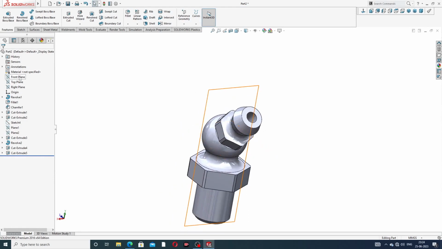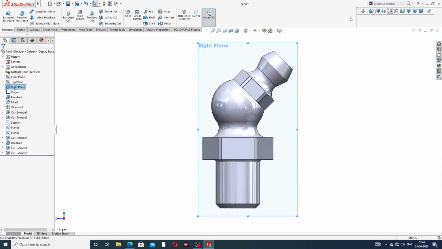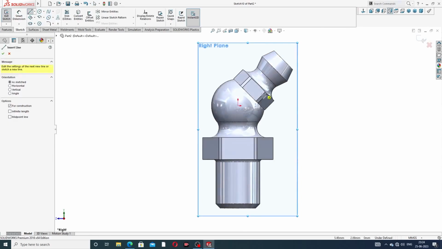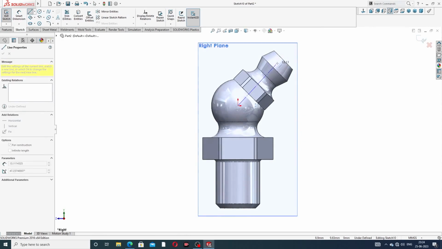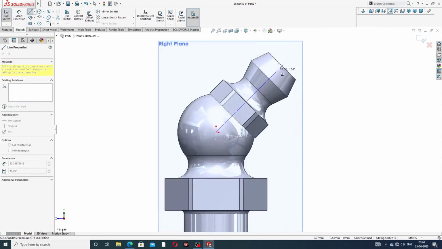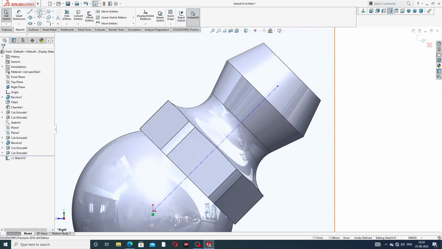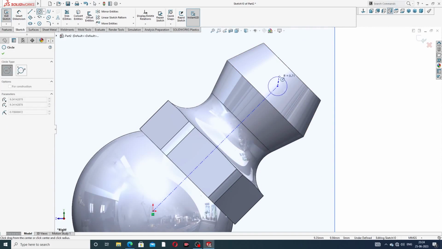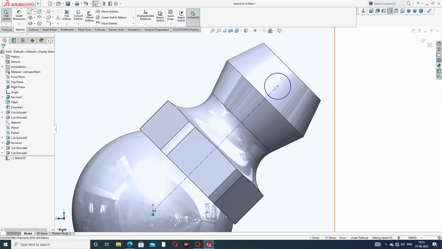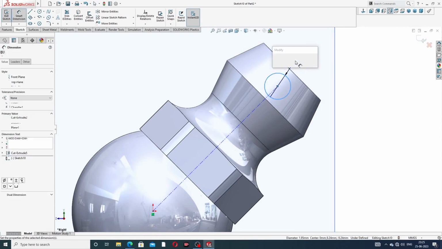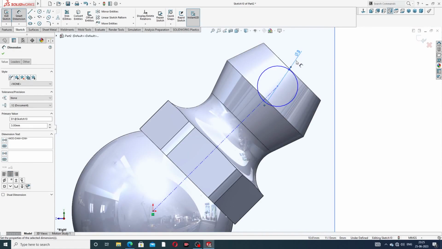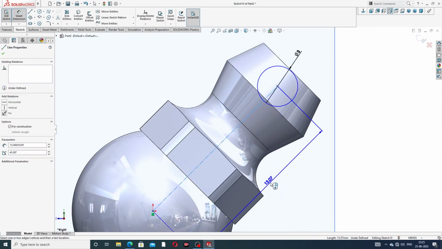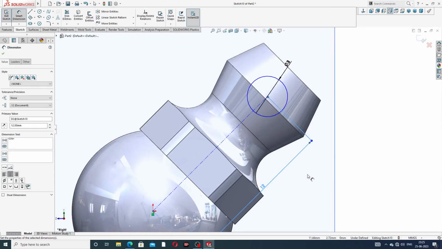Okay, and use a right plane sketch normal, and some use a center line to this to this. Okay, a circle is drawing here. This diameter is 3 millimeter, and this distance is 12 millimeter. Okay,